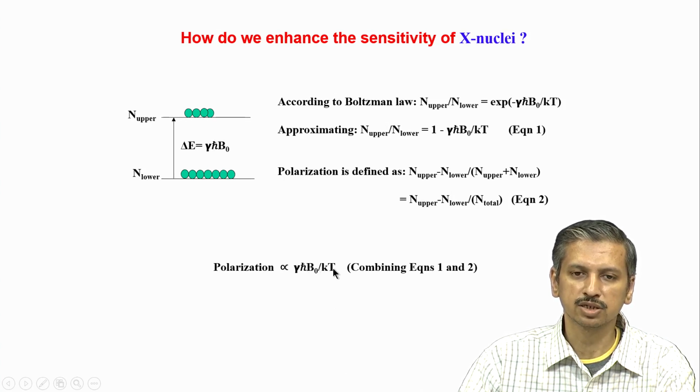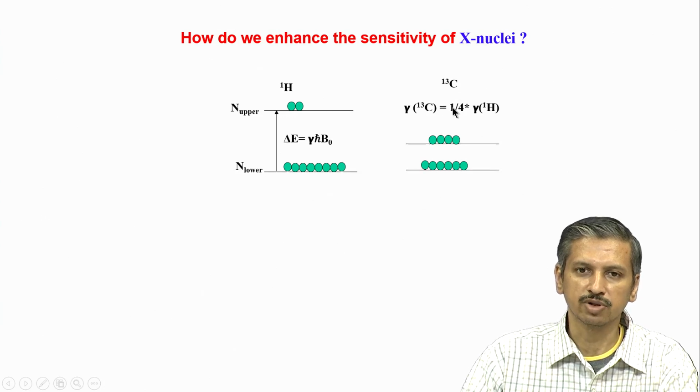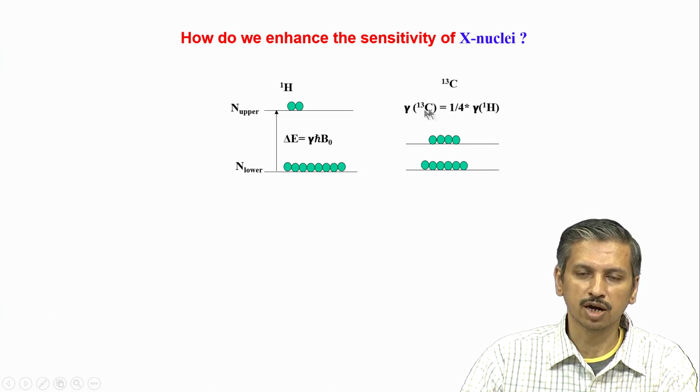All other factors are the same for proton and carbon. For example, temperature is the same because we are looking at the same sample. Temperature is not going to be different between proton and carbon, and the magnetic field is going to be the same because we are not looking at a difference in the magnetic field. The magnetic field is the external magnetic field, whether we are studying carbon or proton or nitrogen, and that value cannot change. What changes is this gamma. So, essentially we are looking at the gamma difference in the case of a heteronucleus. You can see here that for proton it is 4 times more, or carbon is 4 times less, 1 by 4 of hydrogen.